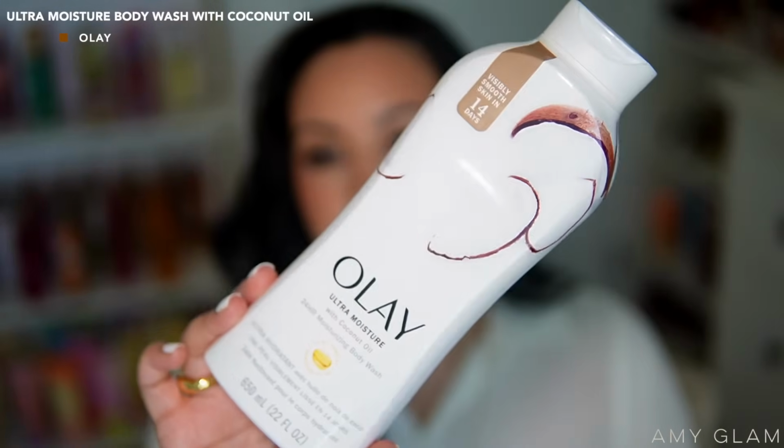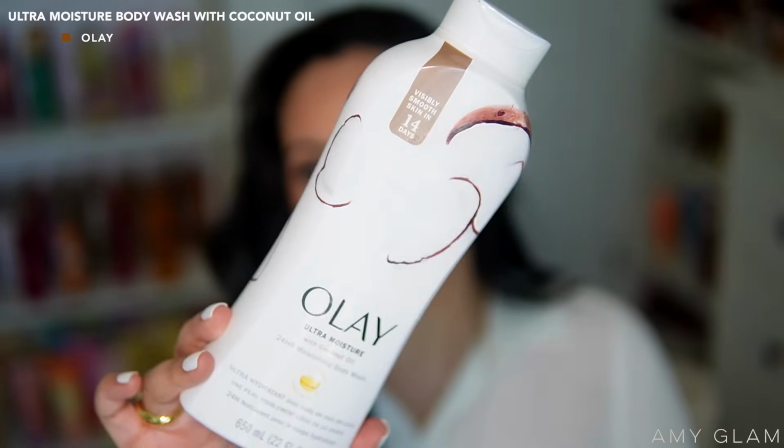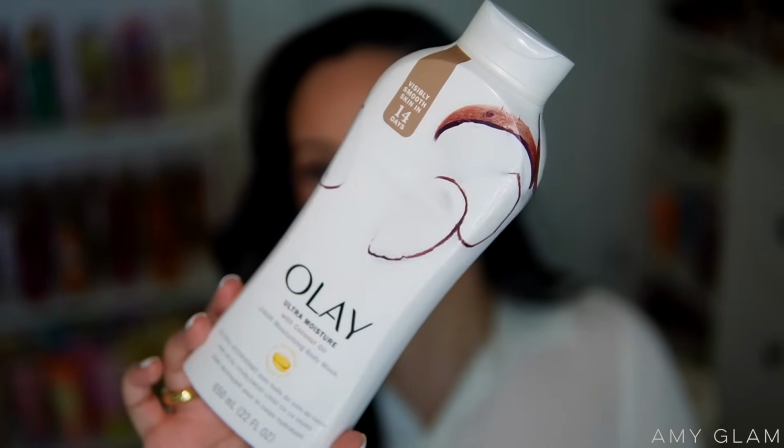I have been using this. I smelled it in the store. I think I've probably used this in the past because anything coconut I usually try out. So I just haven't used it in a really long time. And I know I have used the Dove coconut body wash, but I think when it comes to the scent,